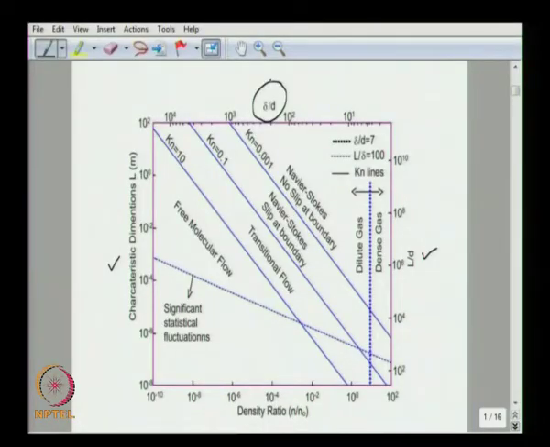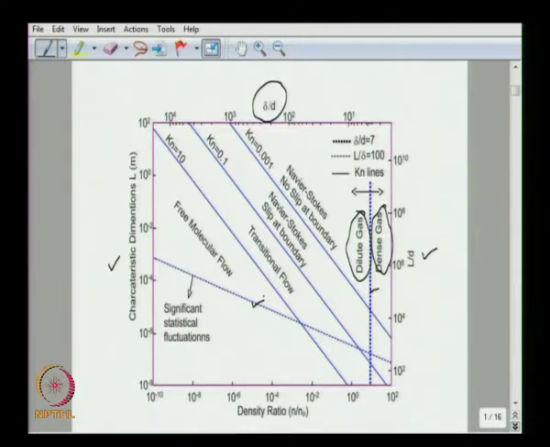Now if you look at this dotted line here, on the left hand side the gas is considered as dilute gas, where the delta over d ratio, delta being the separation distance and d being the size of the molecule, is greater than 1. So it is called dilute gas, and on the right hand side we have dense gas. Okay, here is the dense gas. If you look at this dotted line here, above this line the continuum theory is valid.